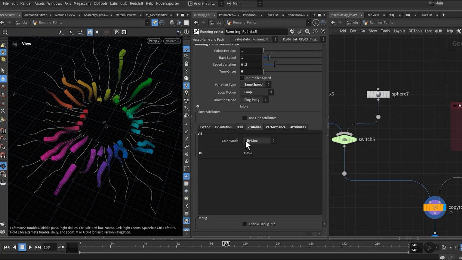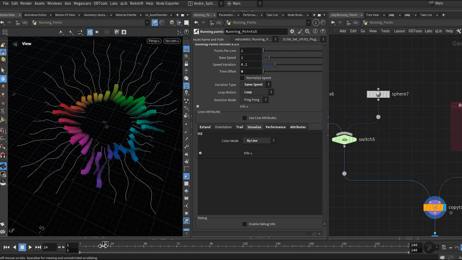By line gives each curve its own color, almost like a rainbow effect.